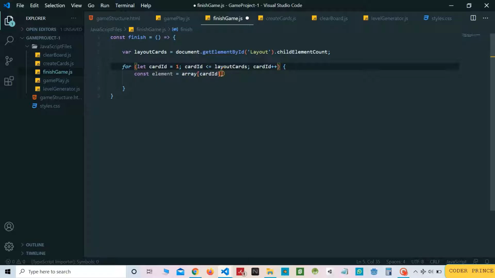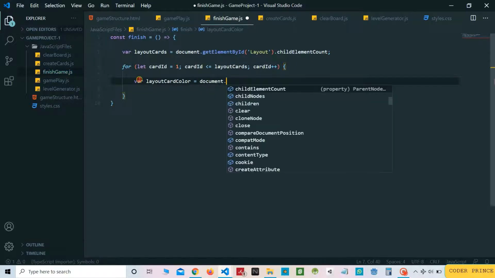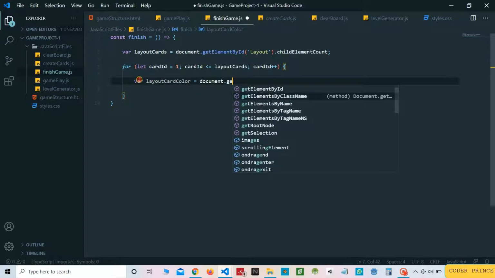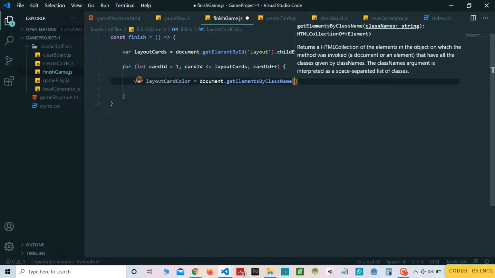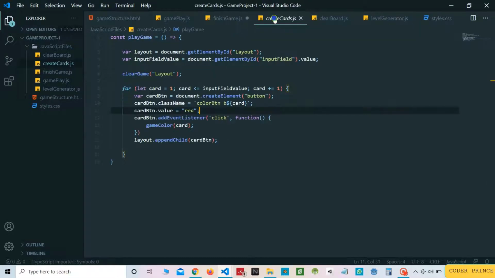And inside the function, we will need to create 2 more variables or references. So first, a layout card color, and this will be equal to document.getElementsByClassName, and the class name will be the general class name that we have used to create the cards.